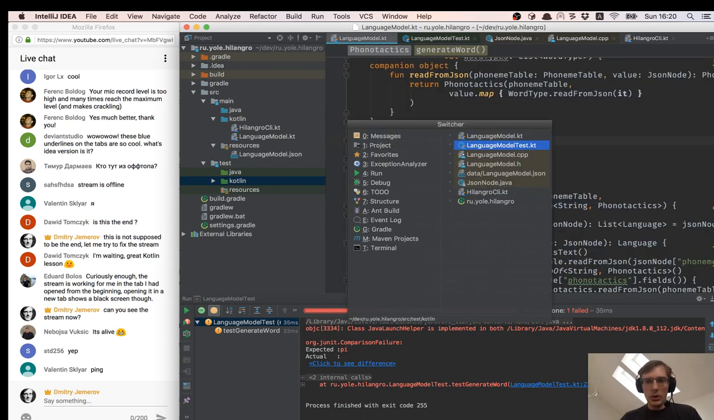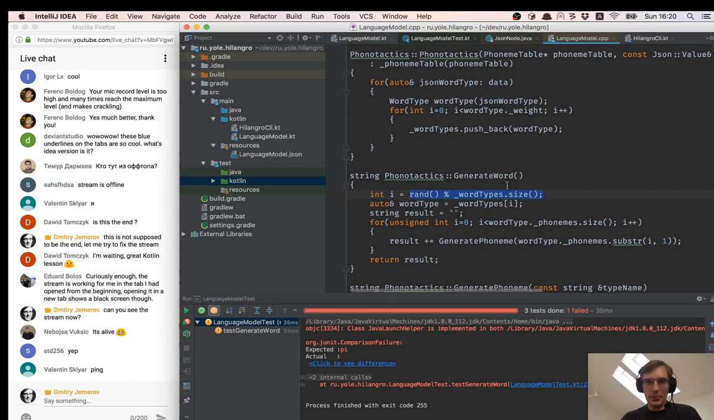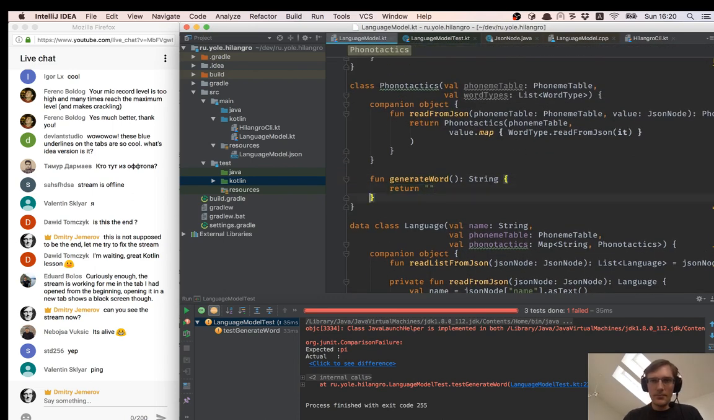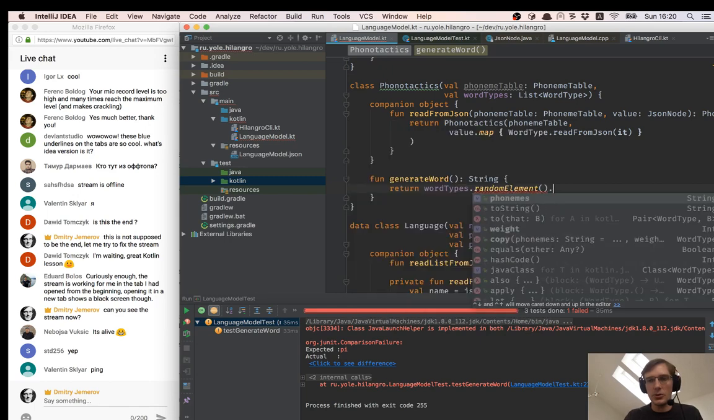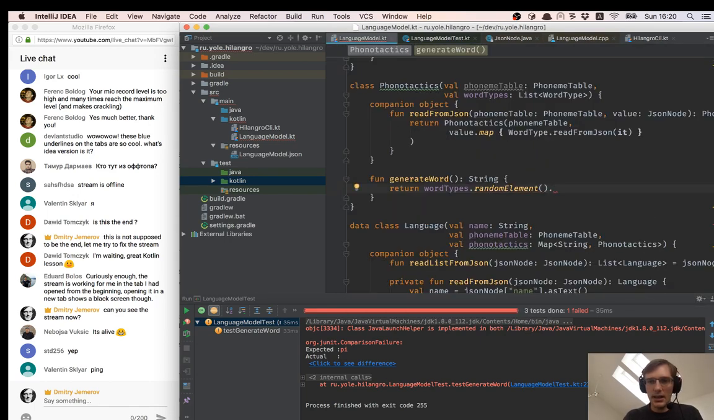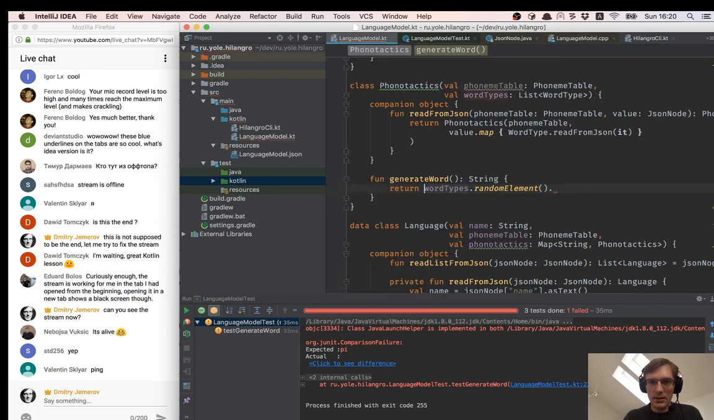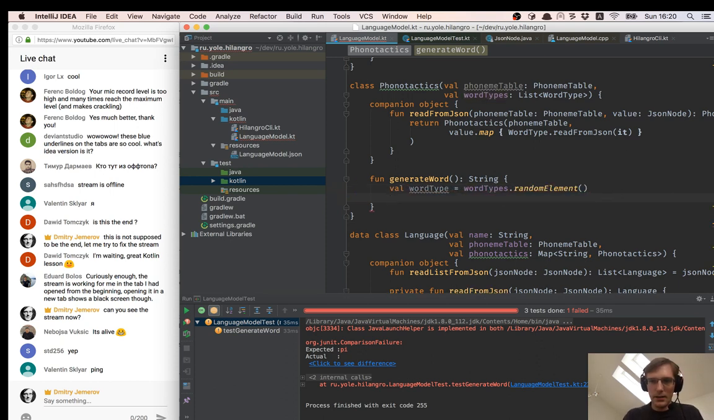And this is a very nice flow. So what does the generate word method do? The generate word method gets a random word type. So I'm going to use, once again, word types first. This is like the best way to choose a random element in the list, is to choose the first one. Okay, so I actually have a random element function, so I'm going to use that. And let's not return this. And then return